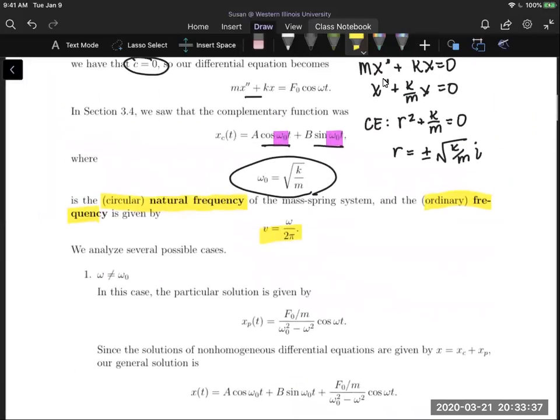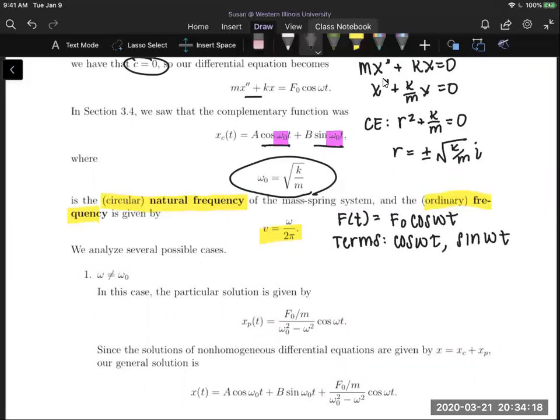All right, but let's go back up here for a moment. Thinking back to section 3.5, we just found our complementary function. We would now want to check for duplication. So if we focus now on our f of t function, which was given in general as f naught cosine omega t, we want to list our terms. Dropping the coefficient in front of the cosine, we get cosine omega t. Again, it's fine to drop that coefficient because we're going to take a linear combination and that f naught would get absorbed. And then its derivative is going to kick out a sine omega t, and that's it for our